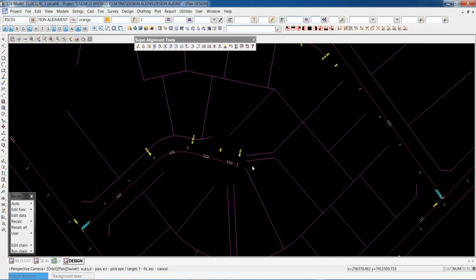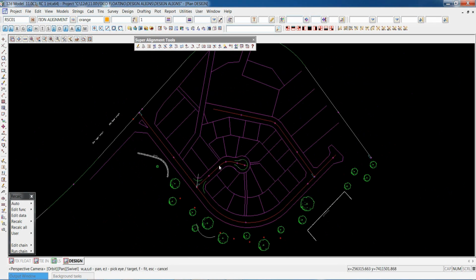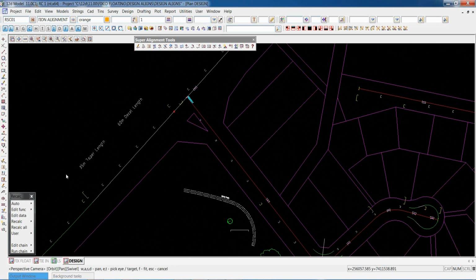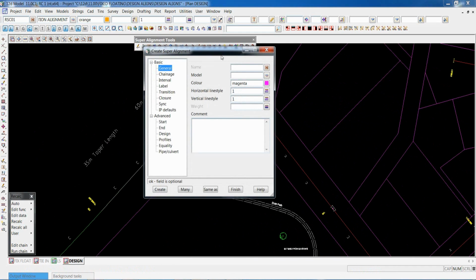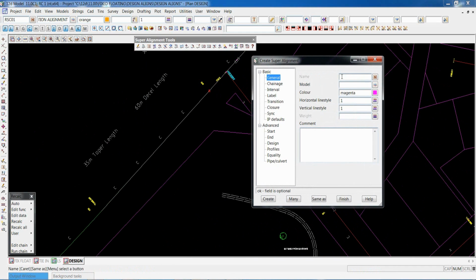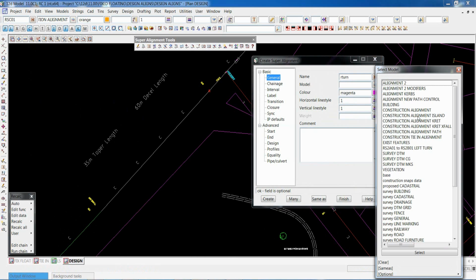If we look at our other types of everyday geometry, not only curb returns but cul-de-sacs, is also things like the right turn lane. So in this case here I might put a right turn, and we'll put it onto our island.